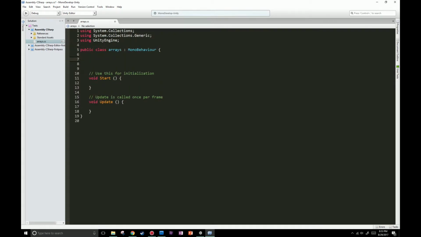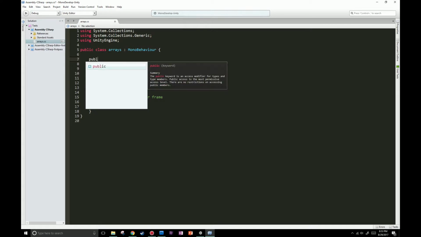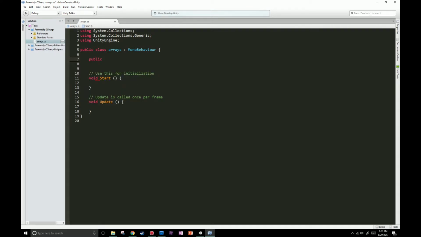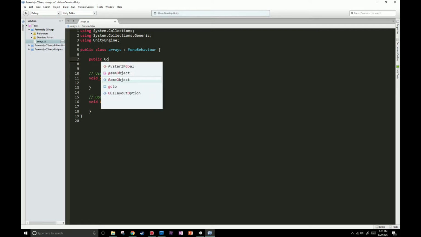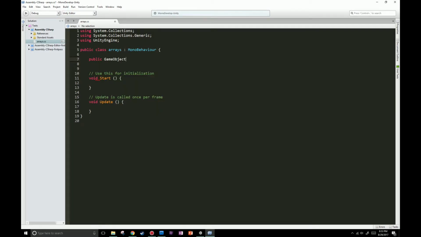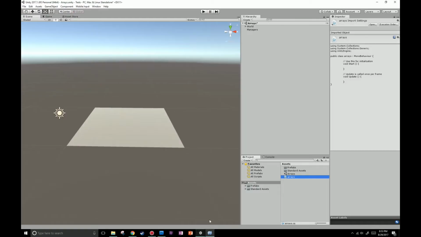Well, for one thing, we can use them as a way to get stuff in the inspector. So if I declare a public, let's see, I'm just going to grab these game objects. So I'm going to make a public game object array. I do that by putting little brackets there. And let's call it our prefabs. So if I save this and we go back over to Unity and take a look at our script on